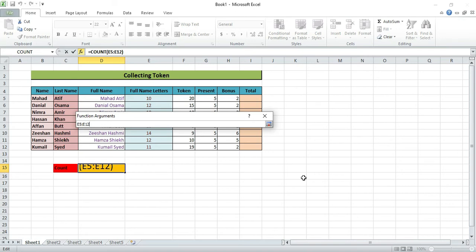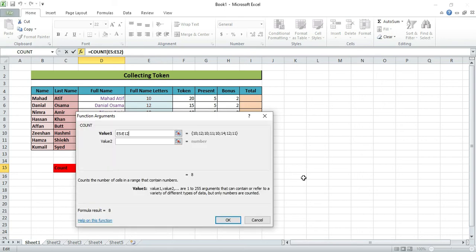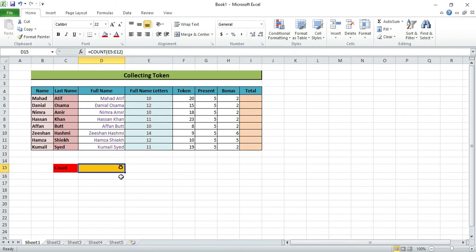So how many cells are used? It will count it. I'll click enter and then click OK. It will give you the answer. It is showing you the 8. The 8 is not showing properly, so I am just setting the count font size, so it will show you count 8.